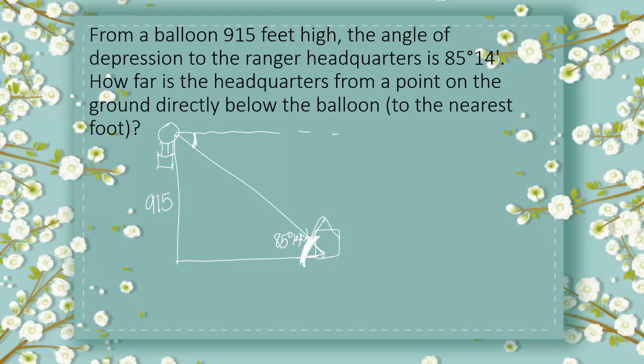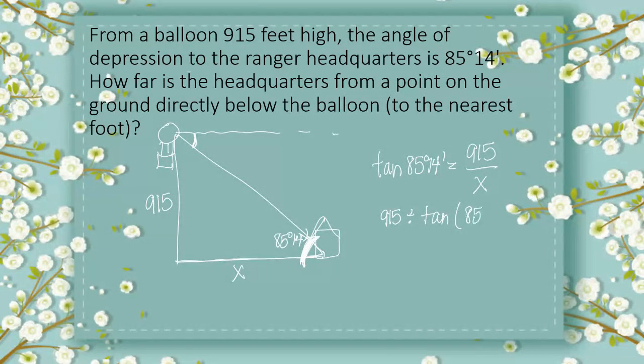And the question is, how far is the headquarters from a point on the ground? So we're talking about this horizontal distance here. That's my x. Again, I have opposite and adjacent, so I'm going to use tangent of 85°14' is equal to opposite over adjacent. Now this time my number is on top, so I'm going to take 915 divided by